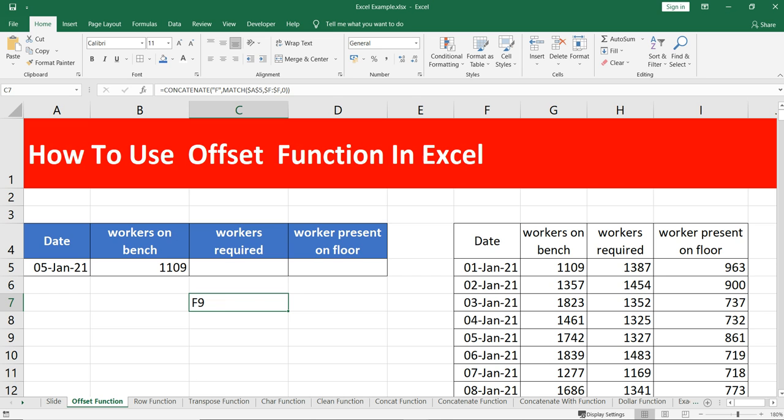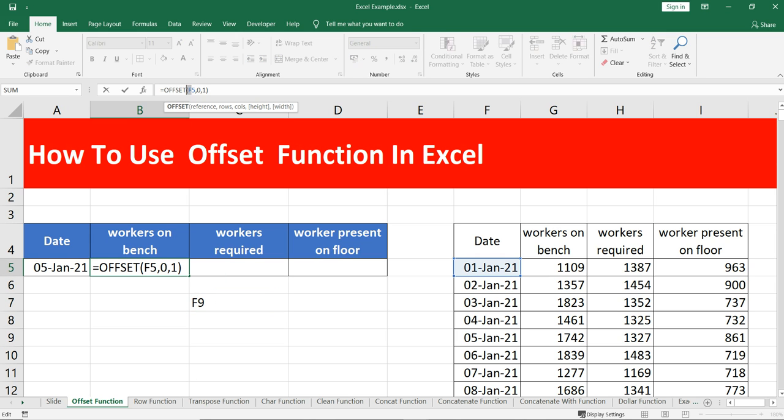Now if I replace this concatenate formula with the first argument of this offset, then our work should be done, right? Now I just need to use this F9 as the first argument of this offset formula. So in our previous videos I have shown you how you can use the indirect function, so we will use this indirect function here. So I'll simply put indirect, and I'll use this cell and I'll lock it here, and then I'll press enter.